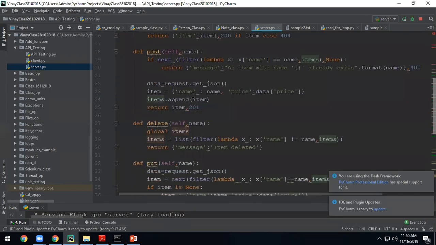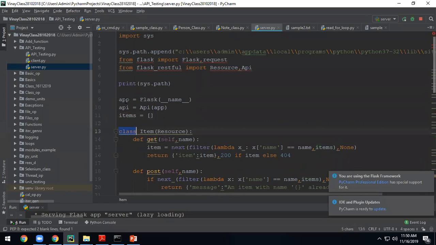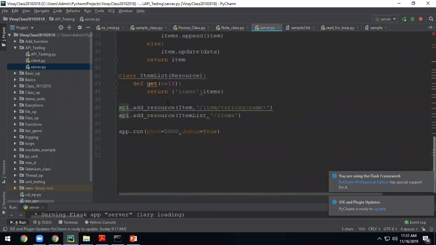What are all the options you have? First, in line number 9, I created one Flask object, meaning one web service I have started. One web service application I have created. When you say Flask of app, it means one web application object is created. Now this object I am giving to API. API is basically another software which will help you to connect to that actual resource. Then we got another object, and that API I am using for doing all the operations.